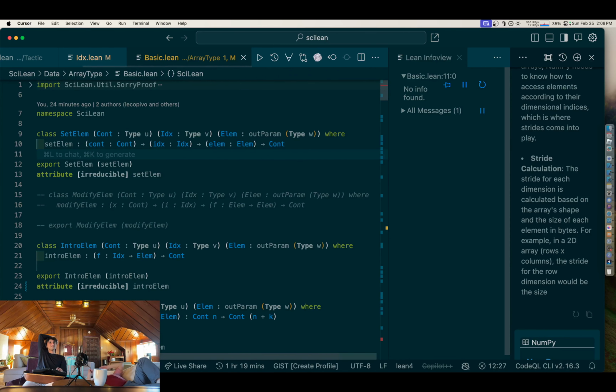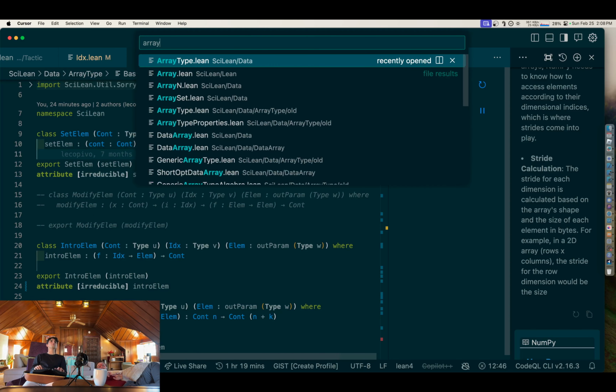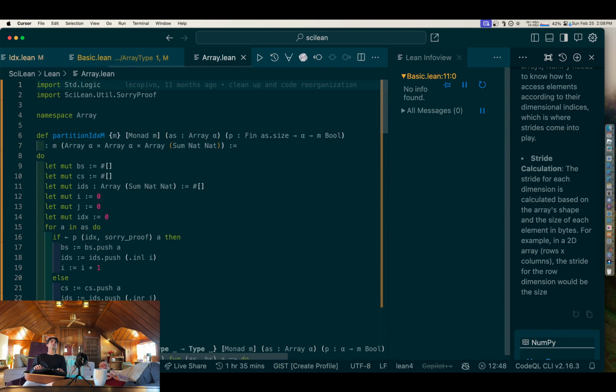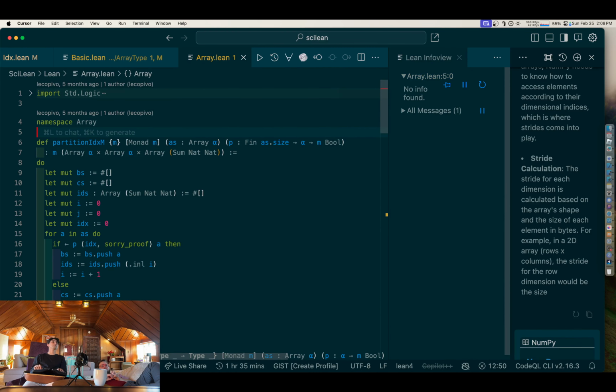I still haven't answered our question: what is the state of the art in Silene's notion of stride? We still haven't answered that. Like Silene's notion, state of the art, yeah, which I think we actually do have an answer, which is nothing. Absolutely nothing. Let's look if we can just find the array.lean, like how it's actually implemented, the raw